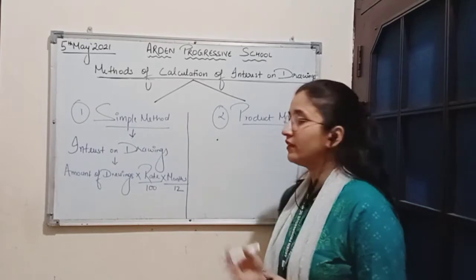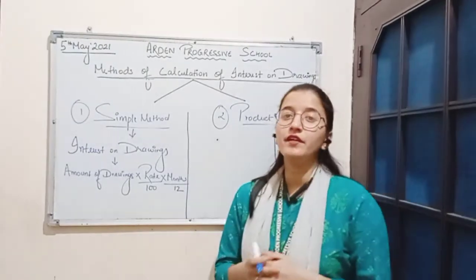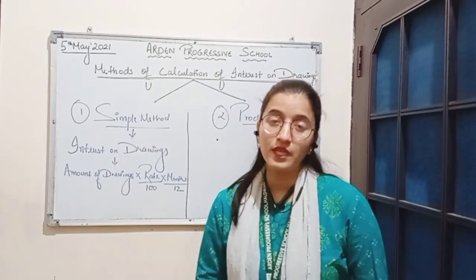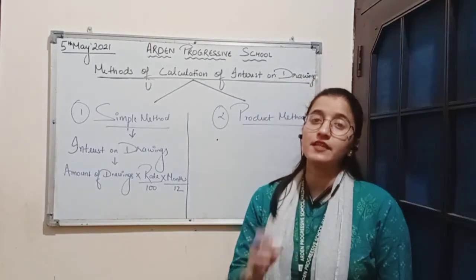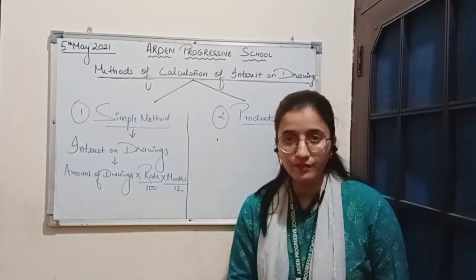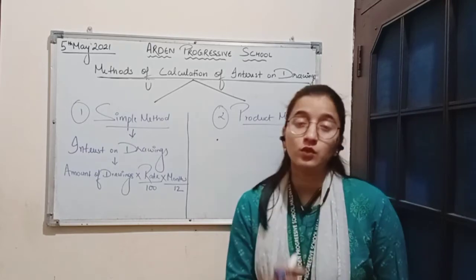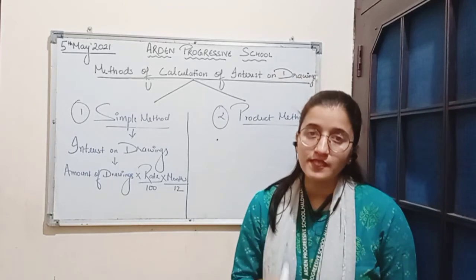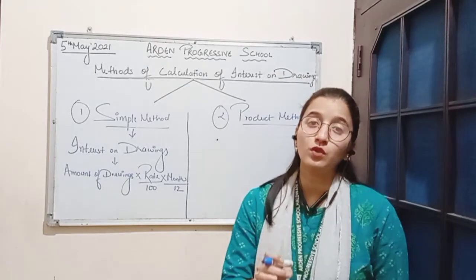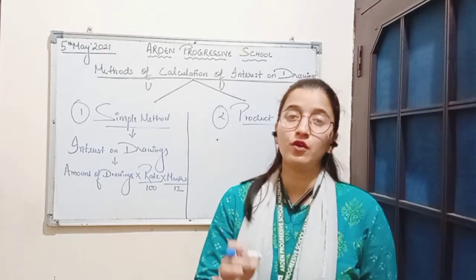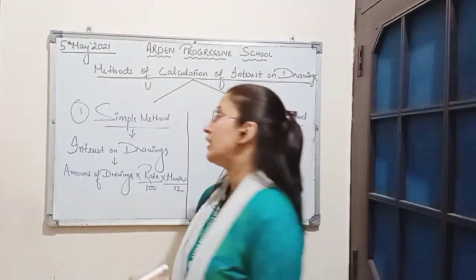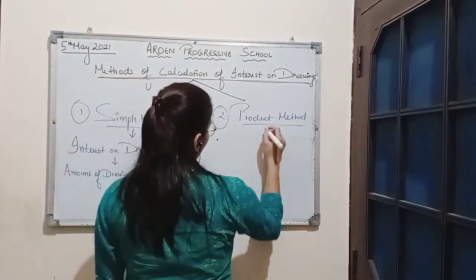Now the second method is the product method. Under this method, first of all, the products are computed by multiplying each set of drawings with its duration. Thereafter, the total of products is added and then interest on drawings is calculated on the total of products so arrived for 1 month. So we can say the formula for calculating interest on drawings by product method is